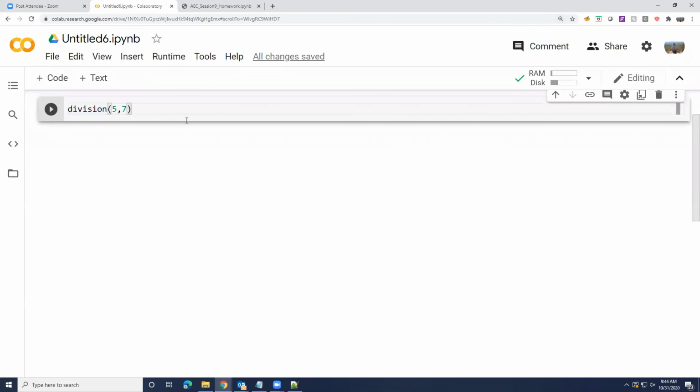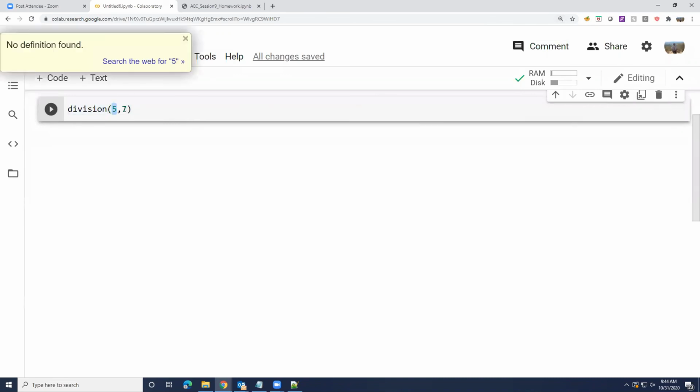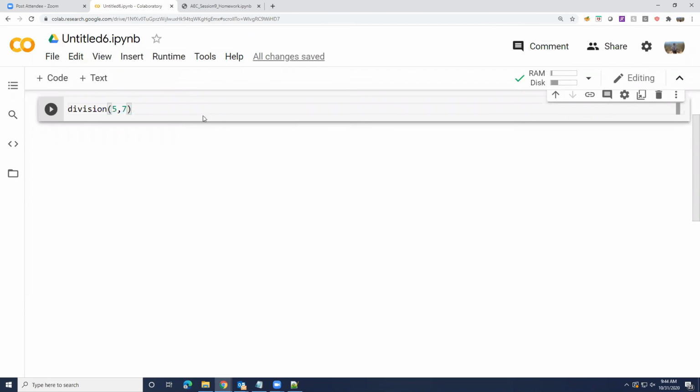If I just show you this part, is it clear which is the dividend and which is the divisor? It's not clear, and it doesn't have to be clear. You can obviously go to the function and look at what is happening. But if you wanted to make it clear, what is a way to make it clear? Any guesses?